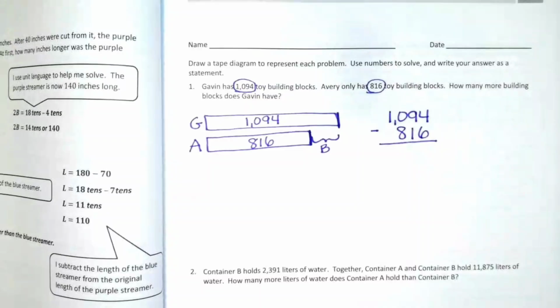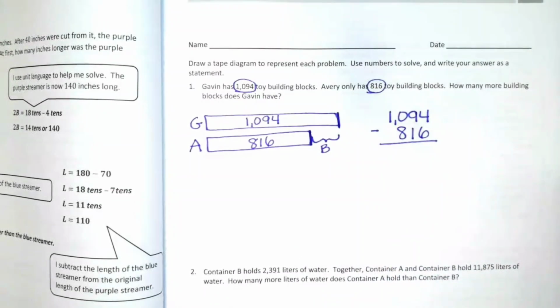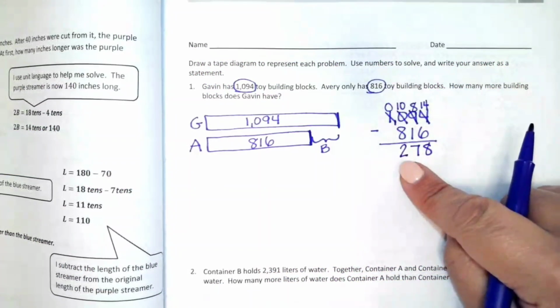First, you need to check if it's ready to subtract. If it's not ready to subtract, do your decomposing. Pause the video and do your subtraction, then press play when you're ready to check your work. I did my subtraction. I got